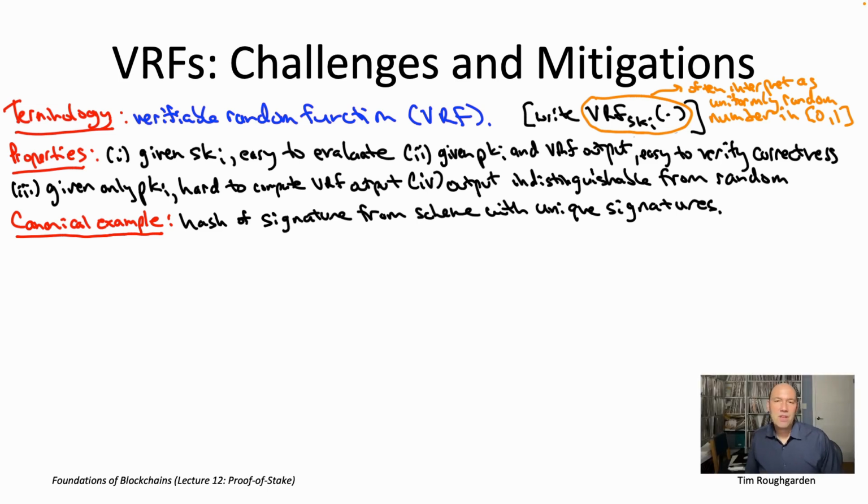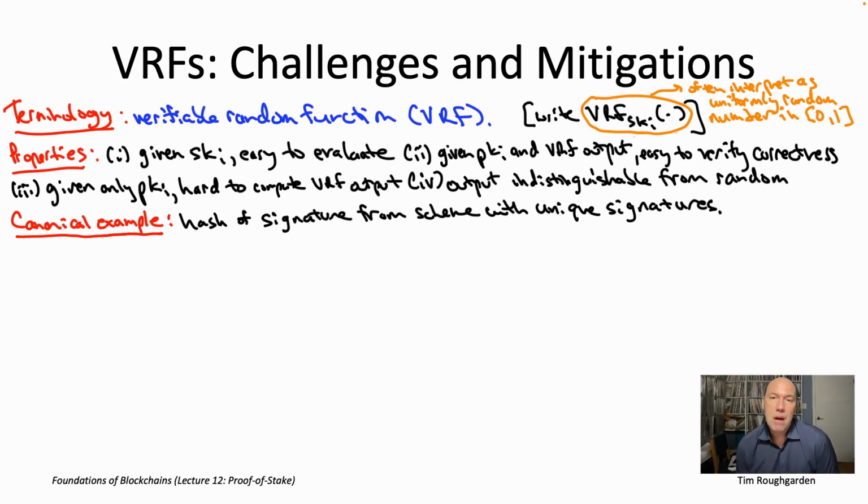The defining properties of a VRF then give us the properties we wanted of a proof of stake sampling scheme, right? So first of all, we wanted it that the owner of a public key should be able to just check whether or not it has been sampled. And it can do that because property 1 of a VRF is that it's easy to evaluate if you know the appropriate private key. Secondly, we wanted to make sure that, if someone is sampled, they can convince the rest of the world of that fact. And so that follows from property 2 of VRFs, which is if someone knows your public key and you tell them the alleged VRF output with your private key, then they can easily check that that is in fact the case. So you can check if you got sampled. If you did get sampled, you can tell everyone else about that in a verifiable way.